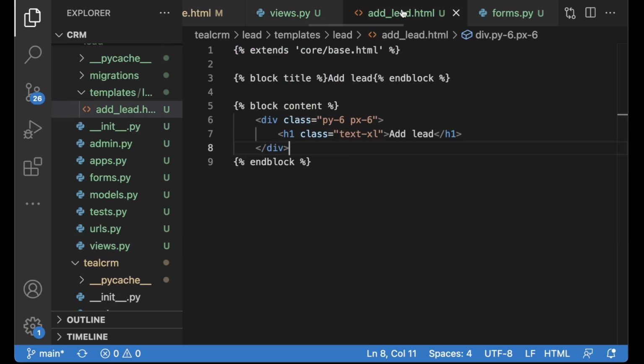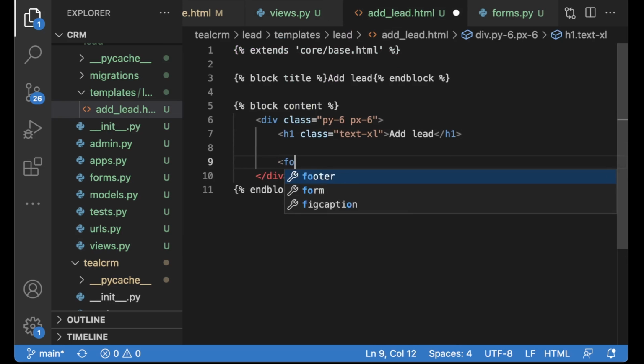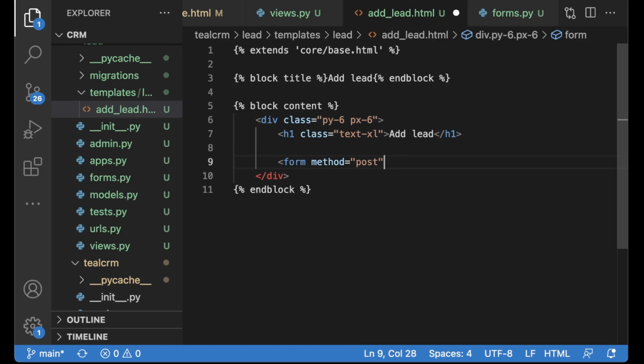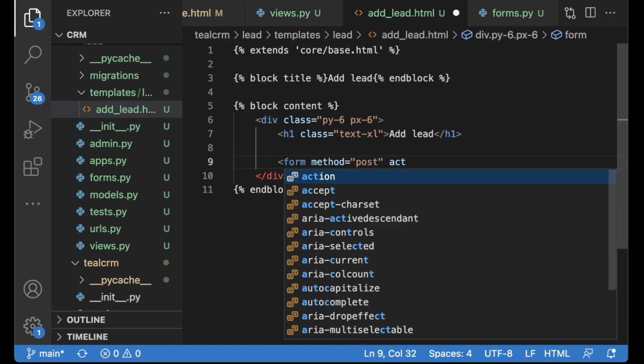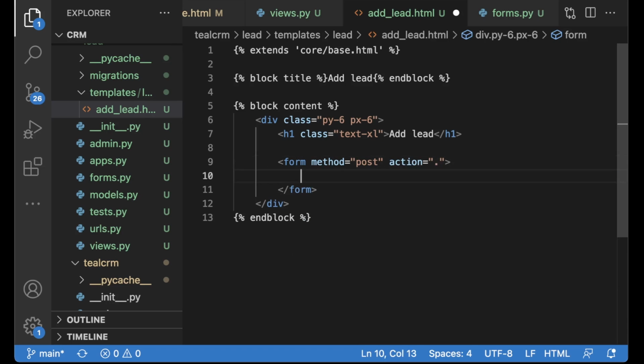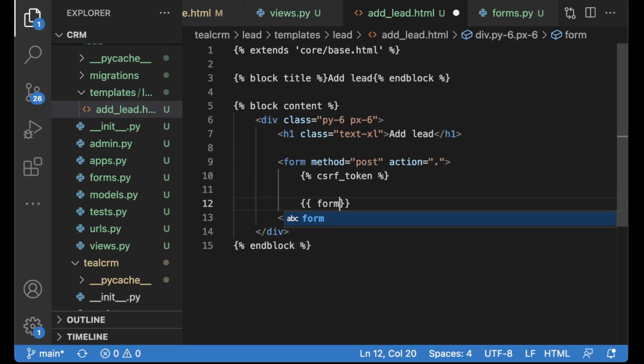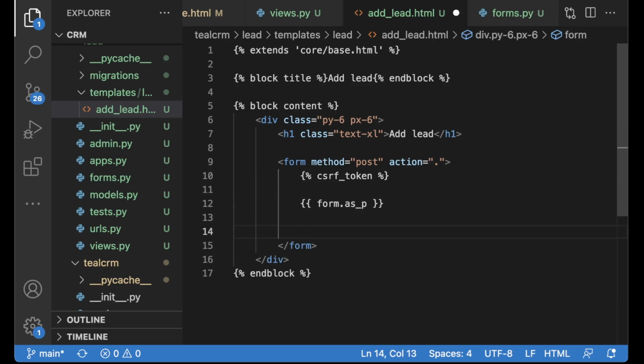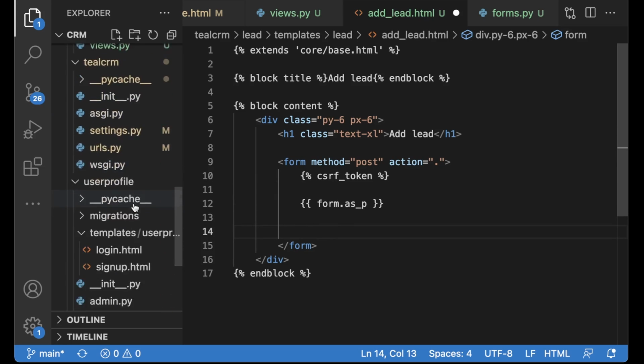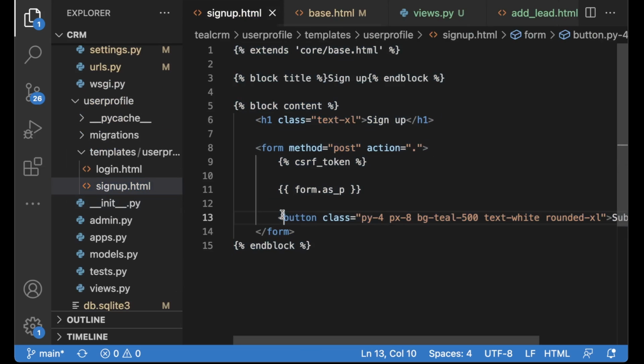So now we want to render this here. So create the form method, post, action is dot, which is the page we are on. Now we need the CSRF token again, and then just form.as_p. And then below here we can have a submit button. I will just copy this from the sign up page.